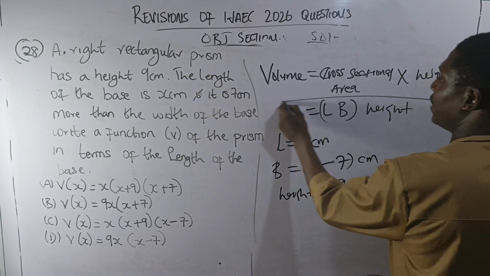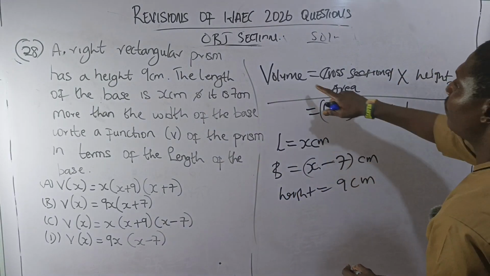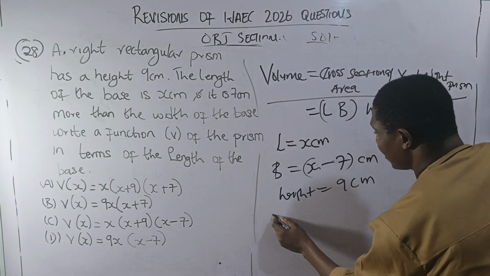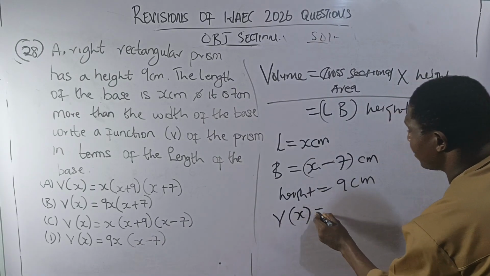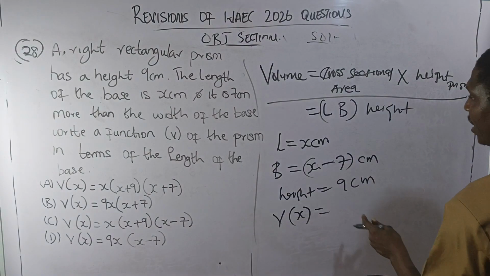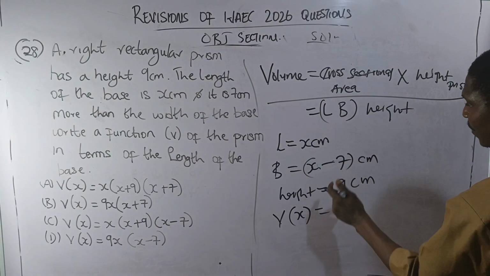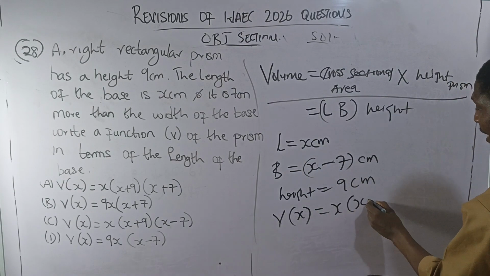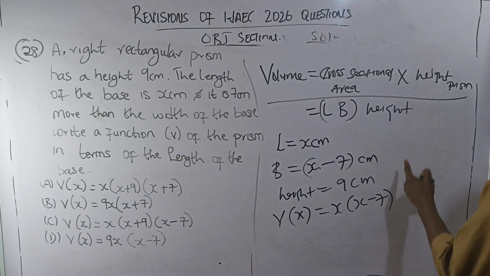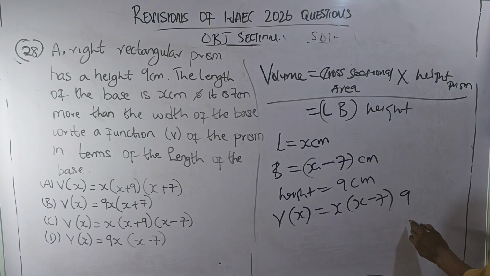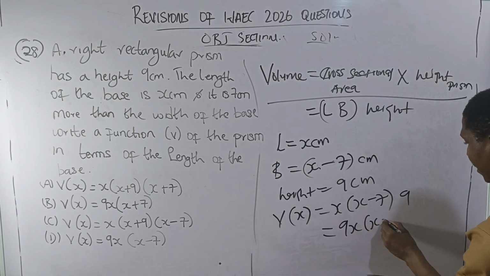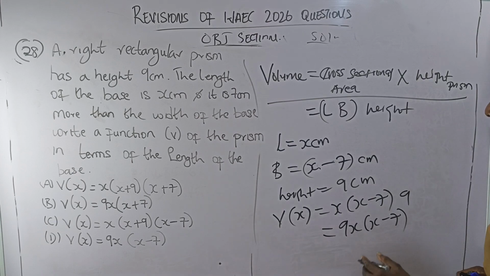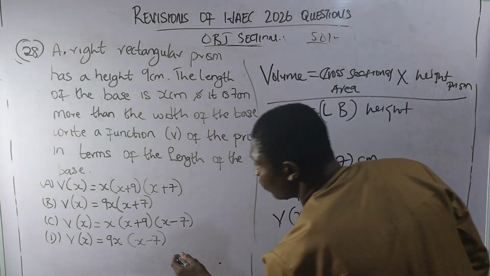So if I put everything into this expression, I'll have volume in terms of x, V(x), equals cross-sectional area, which is length times breadth, giving me x times (x minus 7), times my height. My height is 9. And I can choose to multiply my x to give me 9x(x minus 7). And this is my answer, which corresponds to